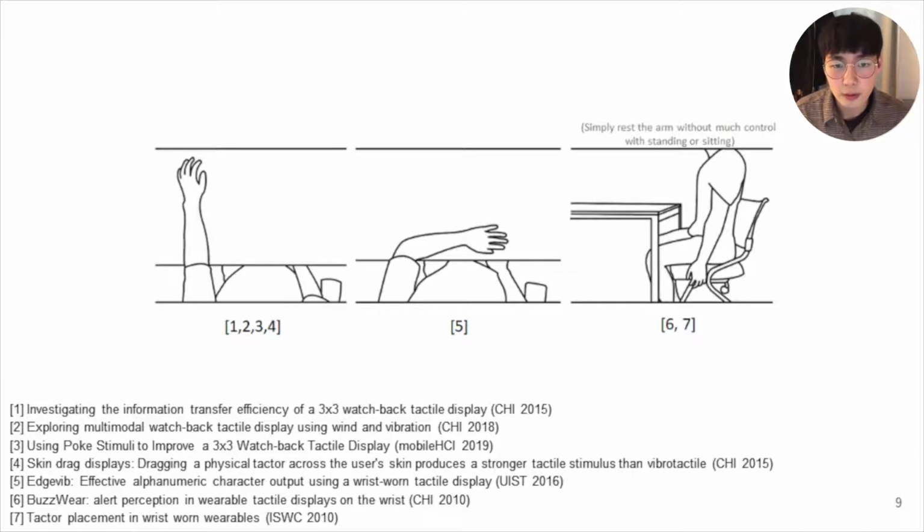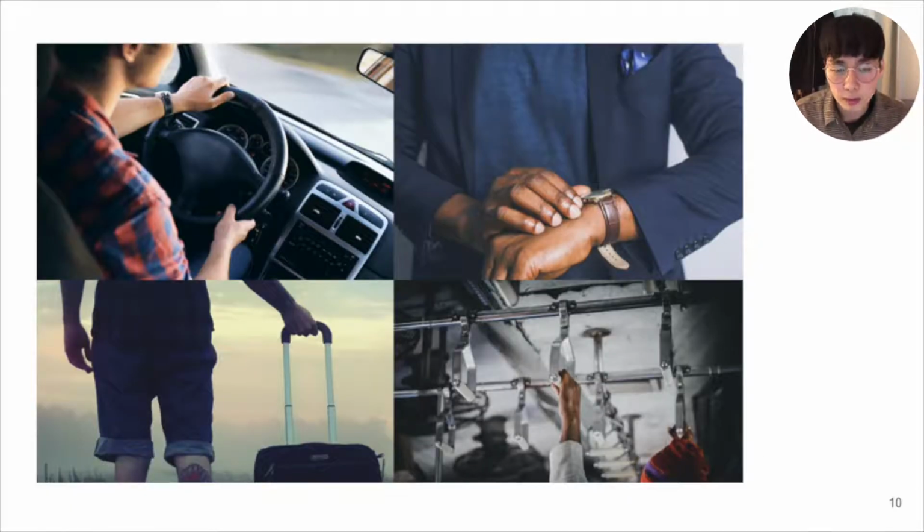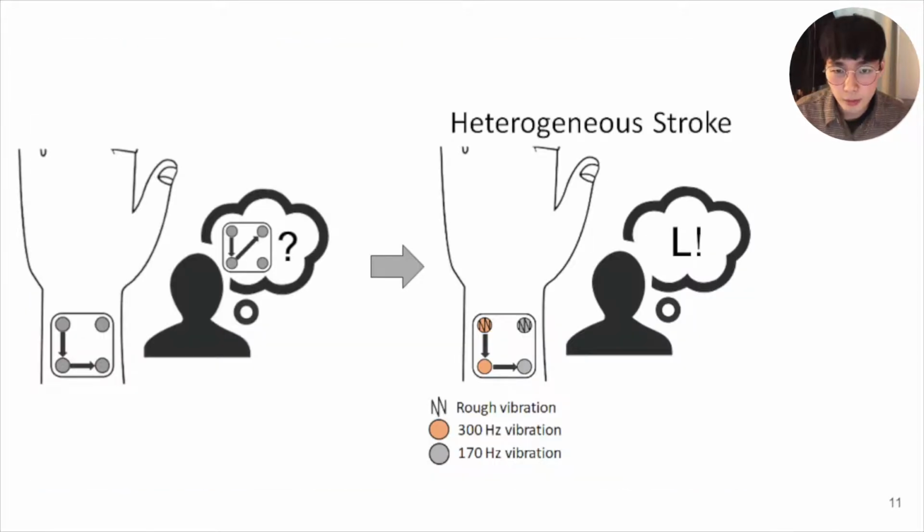Furthermore, the recognition rates reported in previous studies have mostly been measured with a specific posture. So if we consider that we take diverse arm postures in real life, the practical recognition rates can be further decreased. So herein, as a solution to improve the pattern recognition rates, we present heterogeneous stroke, which is a design